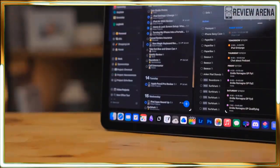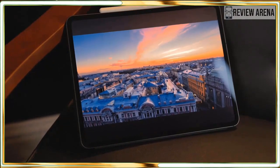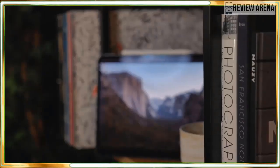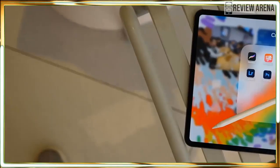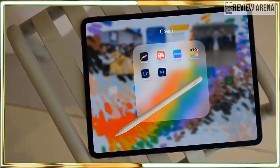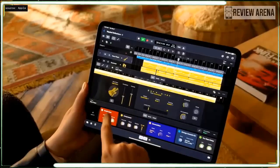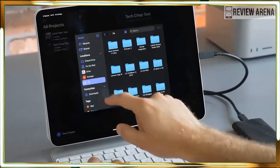Visually, the new tablet isn't a radical departure from its predecessor. It's a solid piece of aluminum featuring a large display and thin profile. However, holding the tablet reveals that you are dealing with an all-new device. The 11 and 13-inch iPad Pro are thinner and lighter than their predecessors and the new iPad Air tablet. The size and weight differences might not look like much on paper, but they make a huge difference in the